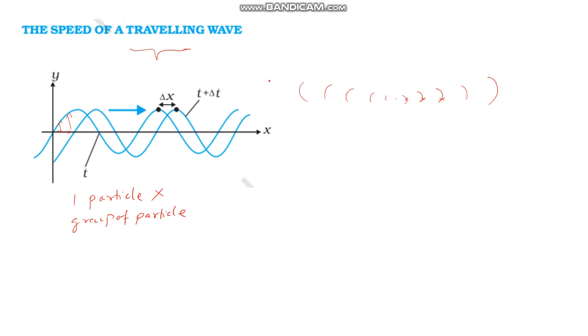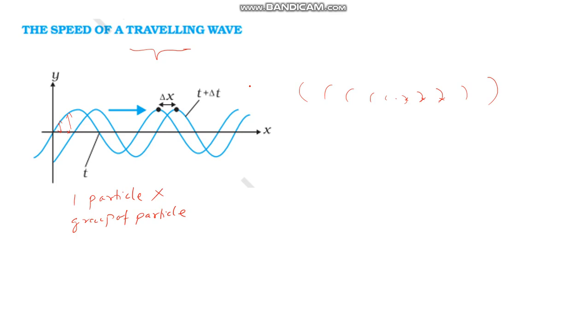Okay, it's a moving wave. So we have to find the speed of this moving wave. While calculating speed, you have to consider a particular point. You cannot compare the speed of one particle. When you're comparing the speed of a wave, you have to take one particle in that wave and see how it is behaving. That will decide what the speed of the wave is. You don't have to study all the particles.